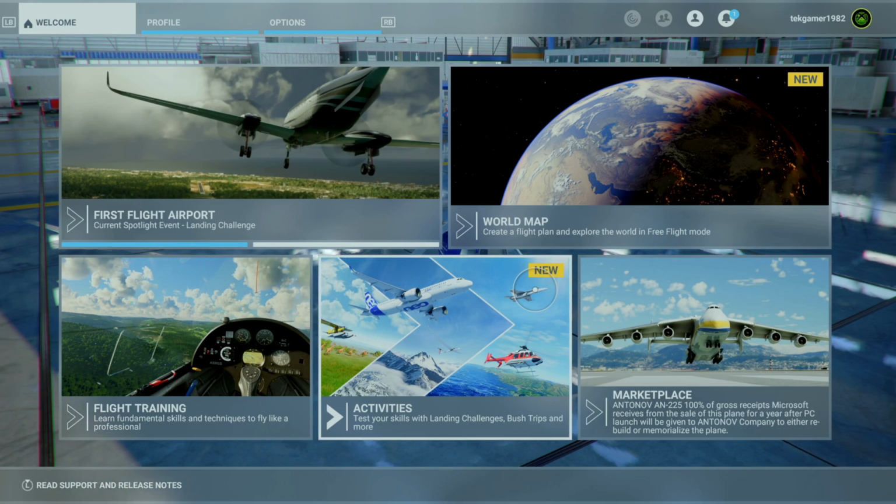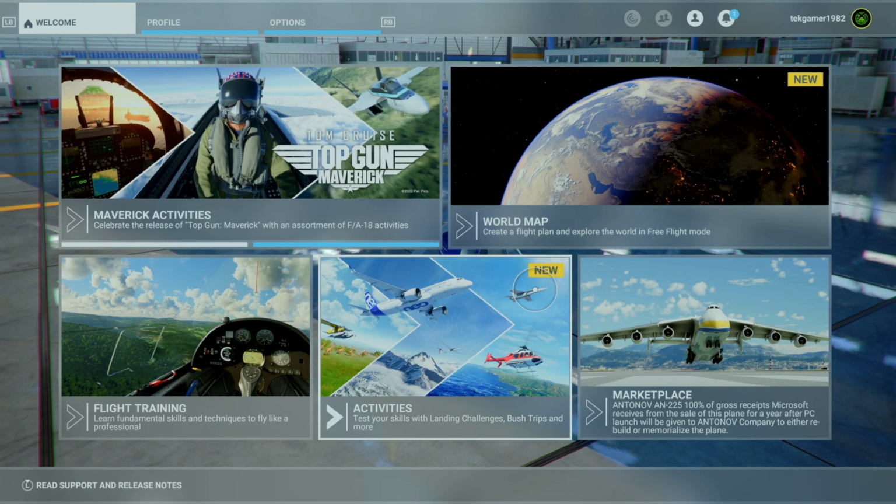In this video, I'm going to provide you with a quick and easy, hands-on tutorial and demonstration on how to create and configure helicopter flight control profiles for flight sticks in Microsoft Flight Simulator.